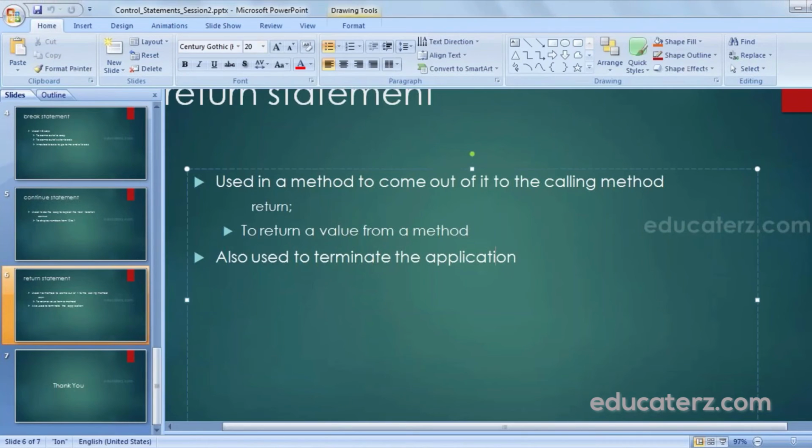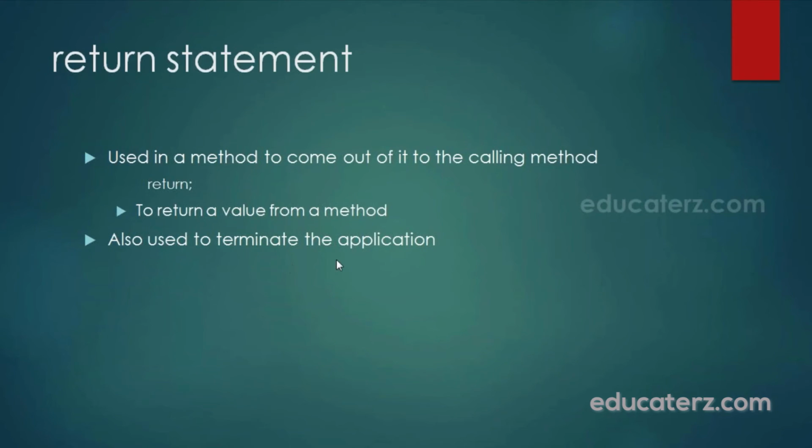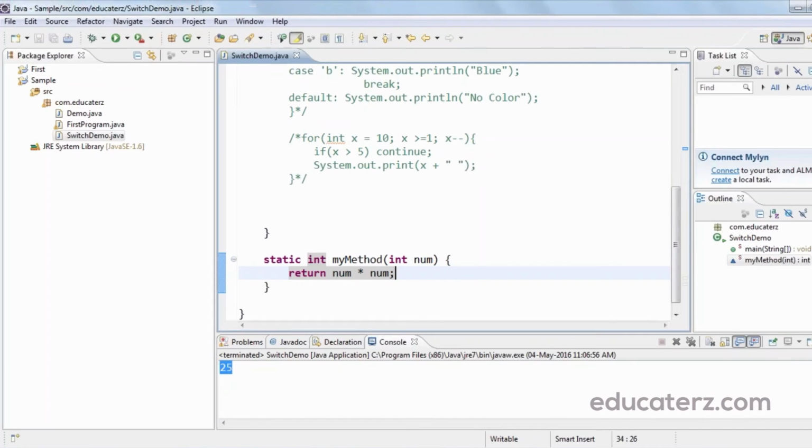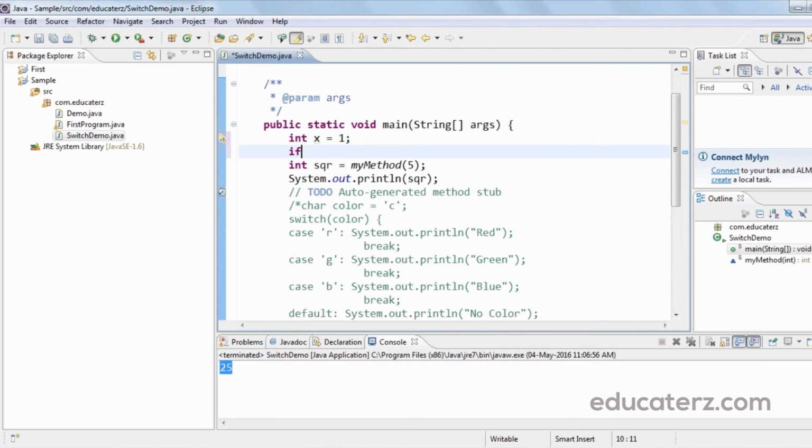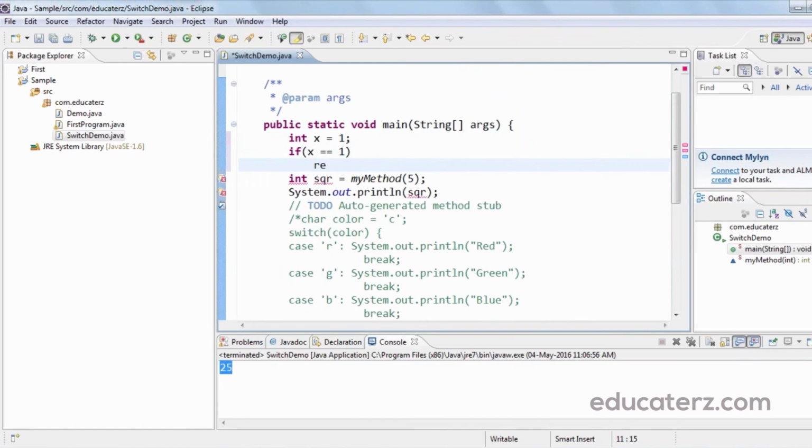Next, we can also use the return statement to terminate the application. Let's see how. In the same example, if I wanted to terminate from main, let me declare a variable called int x equals 1. I just say if x equals 1, then I'm saying return. Before that I would just print